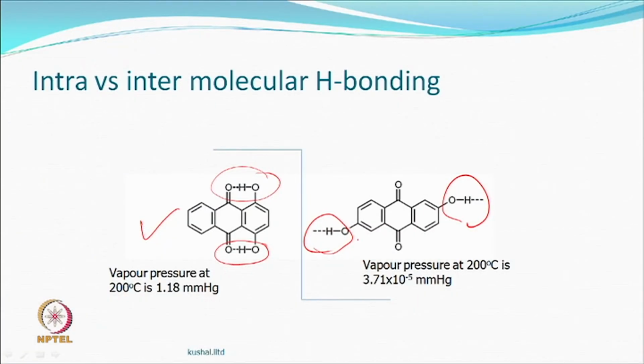But see the interesting part, at a given temperature, let us say 200 degrees centigrade here, in one case the vapor pressure is 1.18 millimeter of mercury, right. In the other case, it is 3.71 times 10 raised to minus 5. You see what the difference we are talking about? Which order are we talking about? A small little change can actually make such a big change